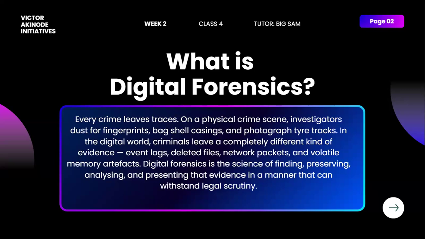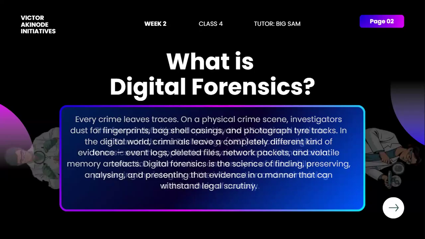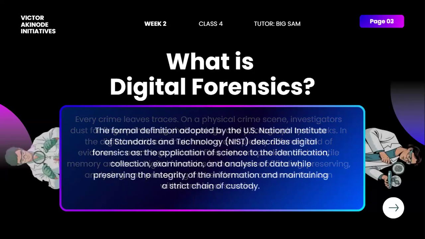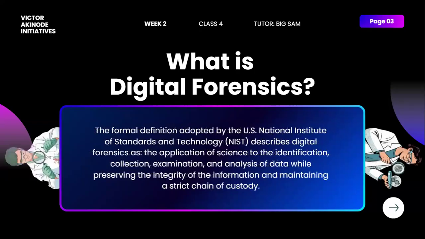Now, digital forensics is the science of finding, preserving, analyzing, and presenting evidence in a manner that can withstand legal scrutiny. There is always a formal definition to terms in cybersecurity, and according to NIST, they describe digital forensics as the application of science to identification, collection, examination, and analysis of data while preserving the integrity of the information and maintaining a strict chain of custody.